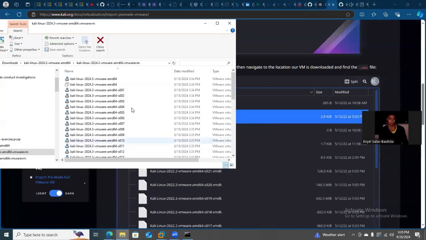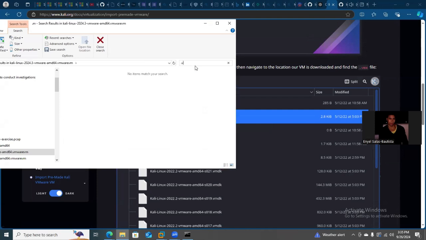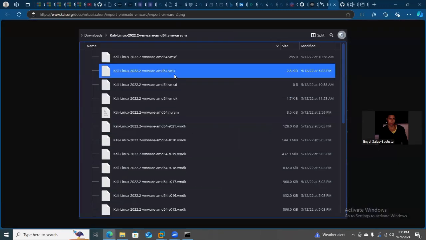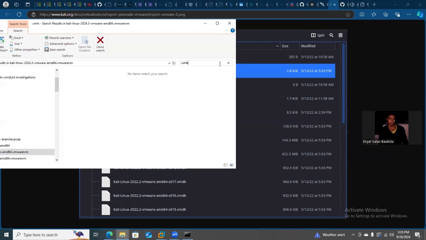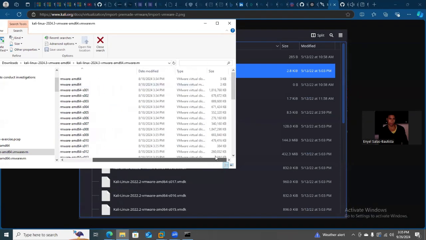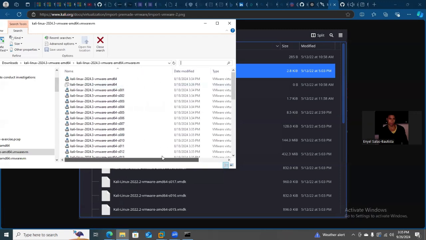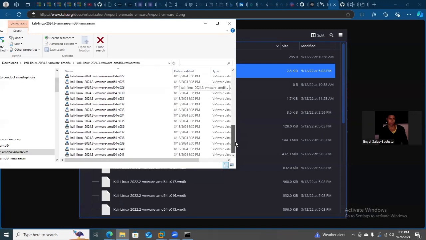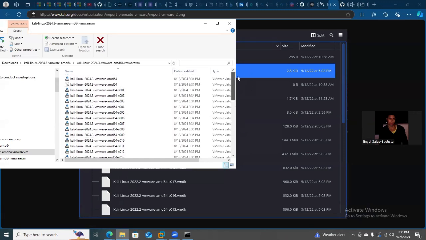All right, so from here, we're gonna be looking for this file, but we're gonna do it from VMware. So let me see, .bmh. Quick second. BMX reminds me of a bike. BMX. Am I in the right folder? Type size. And let me take a guess quickly, because